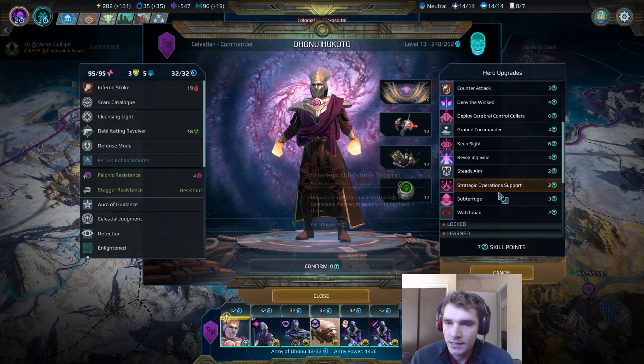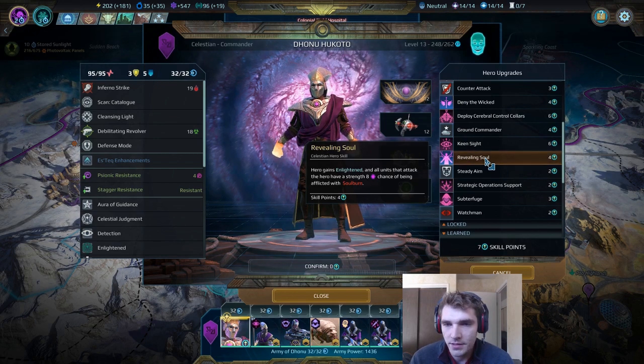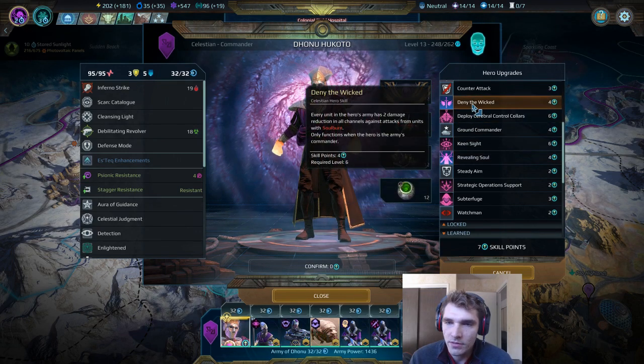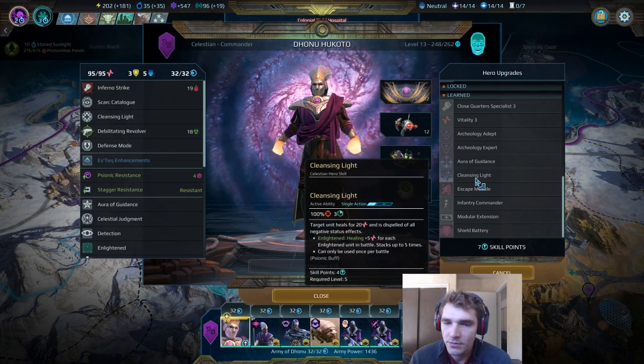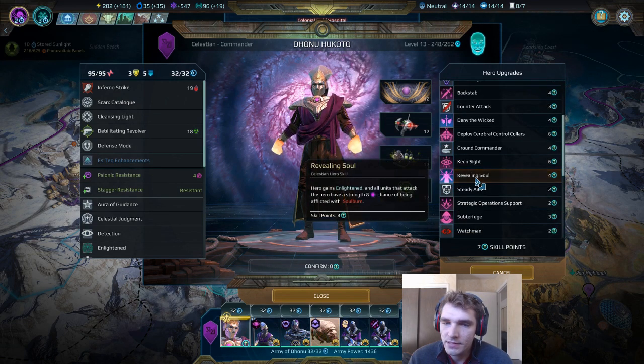Okay, now let's take a closer look at Revealing Soul. Revealing Soul requires 4 skill points and no amount of previous experience, no level requirement. If we look at Deny the Wicked, you have to be level 6, and if I scroll down to Aurora of Guidance, you need to be level 4. Cleansing Light requires that you be level 5. It's nice having access to these skills earlier rather than later, so being able to choose this at the beginning